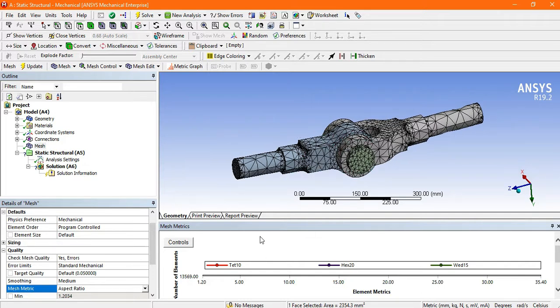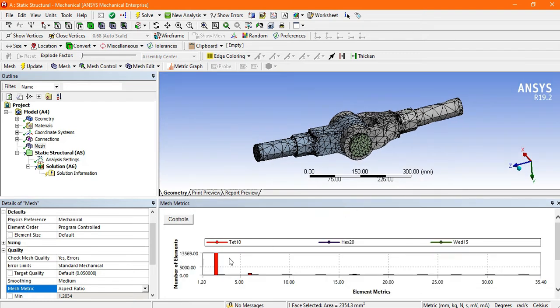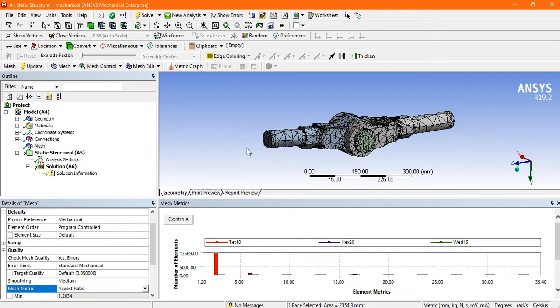Now, once I click on the aspect ratio, a window pops up. Look here, there is one graph, and the range of this aspect ratio is 1 to 5.